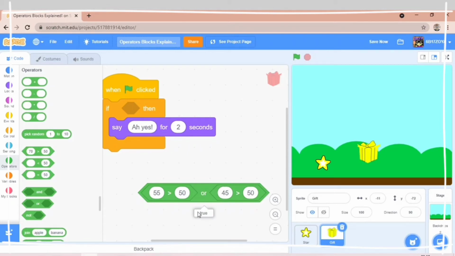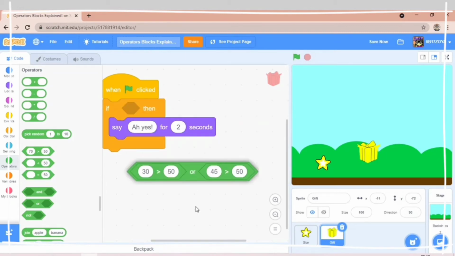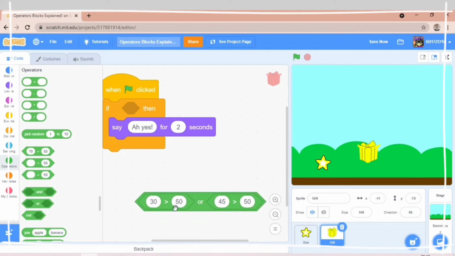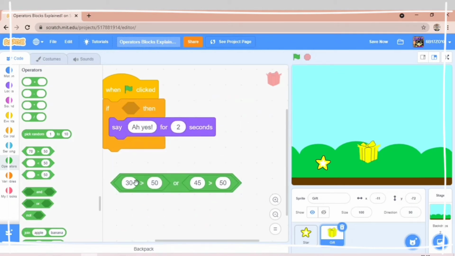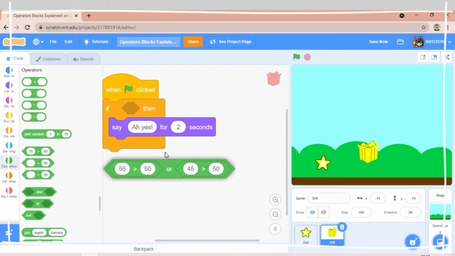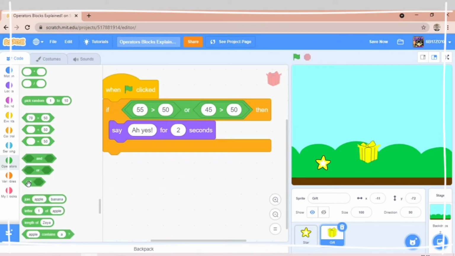No, it isn't, but it will show true because one of them is right. But if I do 30, now both of them are false, so it will give false. Now if I put it over here, nothing will be done. But if I change it to 55, now one is true and one is false, so it will say yes or do the further code.